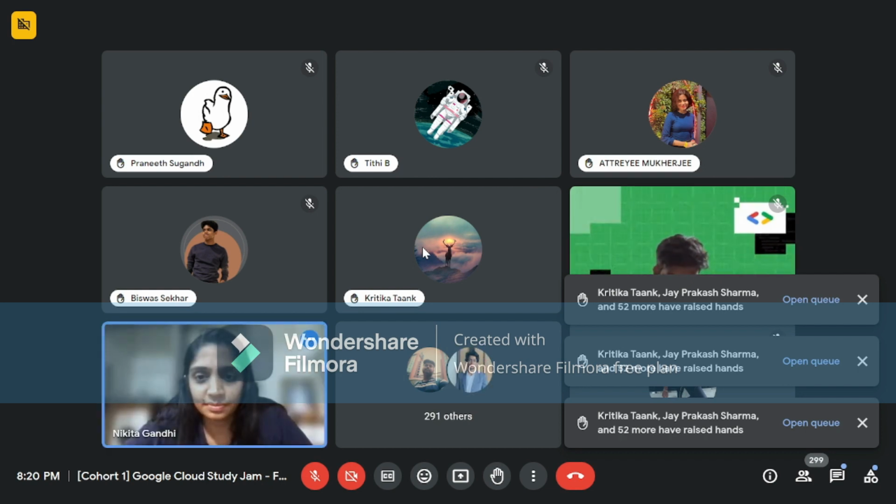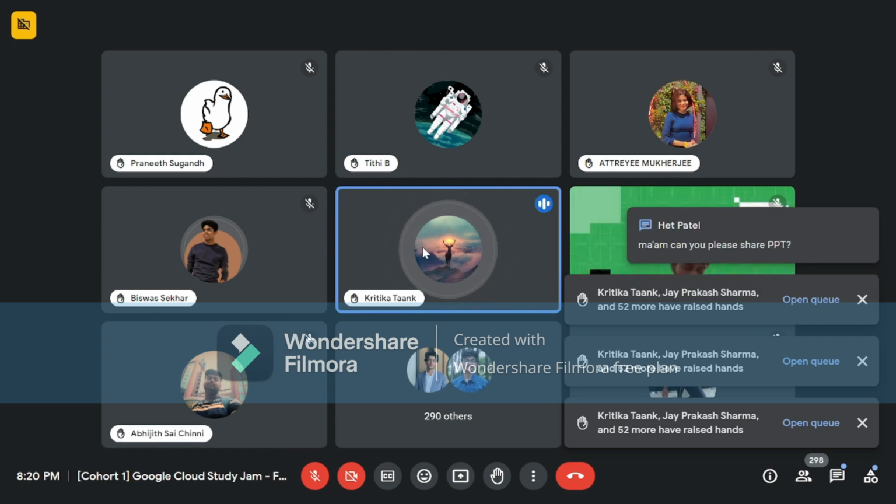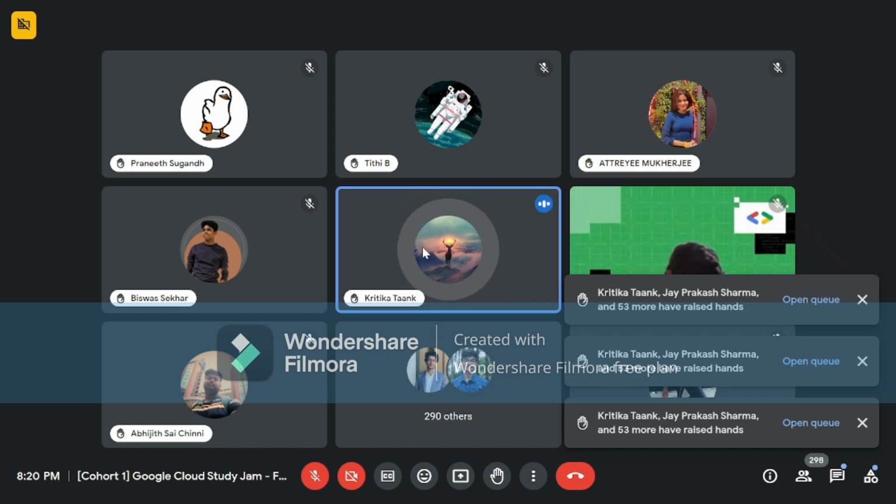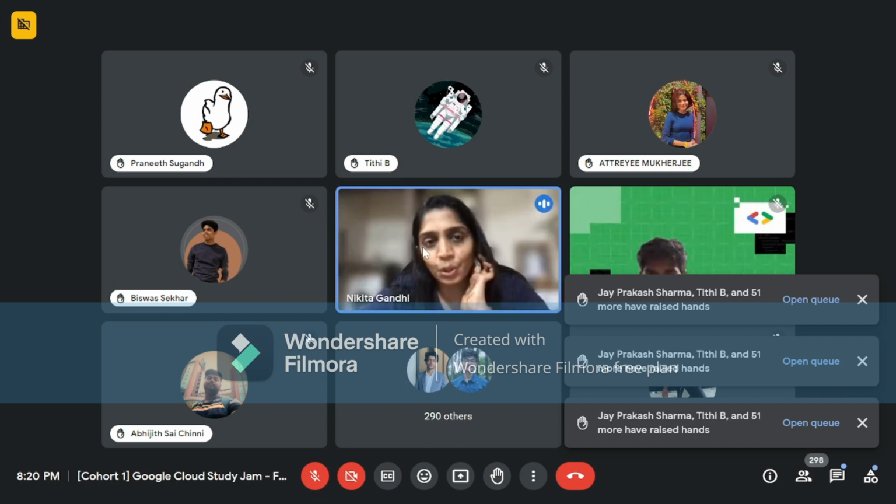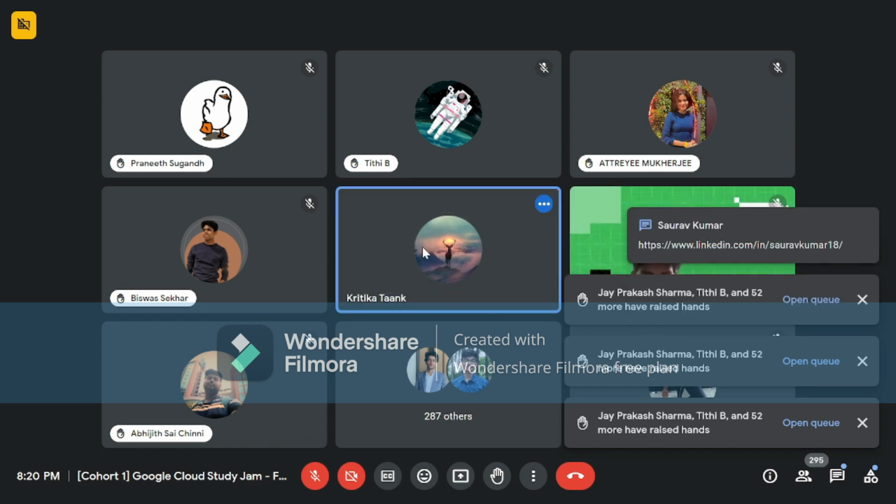Kritika. Hi. I had a similar question to Subham, but a follow-up: if we are filling a form on behalf of someone else, are multiple entries allowed in the form that you would be providing us? Yes, because ultimately for the Google Cloud Skill Boost profile URL, you are going to provide the associated email address. That is a unique entry for us. But while you're filling the form, even if there are multiple entries from the same account, that should be okay. Okay. Thank you, Kritika. No worries.